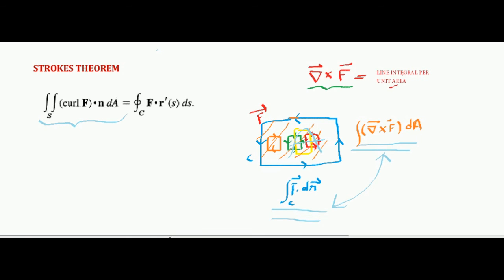So this part is the full line integral, and this part is also the full line integral, and hence they are the same. But remember one thing, this is a line integral and this is a surface integral. Even though this is a surface integral, the value is the same as a line integral, because the curl inside the surface integral is nothing but line integral per unit area. So if you multiply this line integral per unit area with the total area, you will get the total line integral, which you can see is on the right hand side. Hence in this way these two quantities are related.